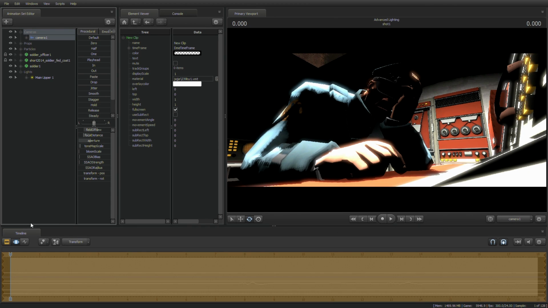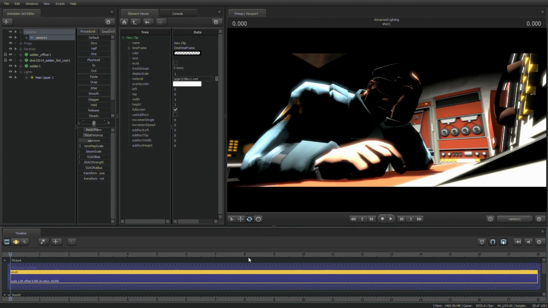Now, a word of warning with this tone map scale, it actually turns your particle systems light down, because the particle systems don't produce their own light, so when you turn the tone map scale down, it'll turn the particle brightness down as well. Be wary of that if you want to add particles to a scene that has low